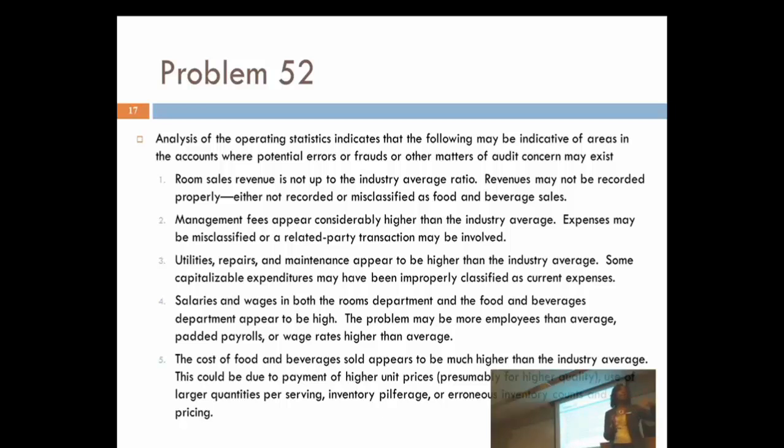They're not saying that, oh yeah, there's a fraud going on, but it's just directing the auditor's attention to those areas where relationships might not make sense, whether it's relationships within the company's financial accounts or relationships as compared to industry, where something just seems not to